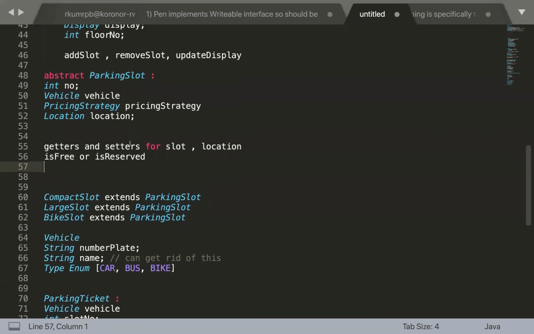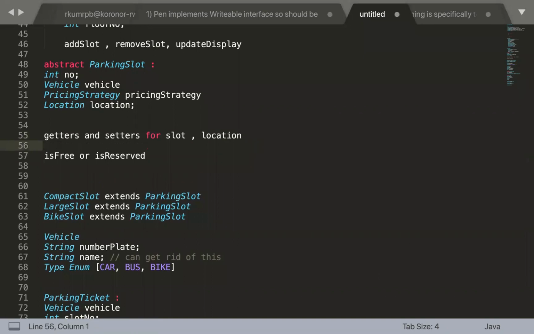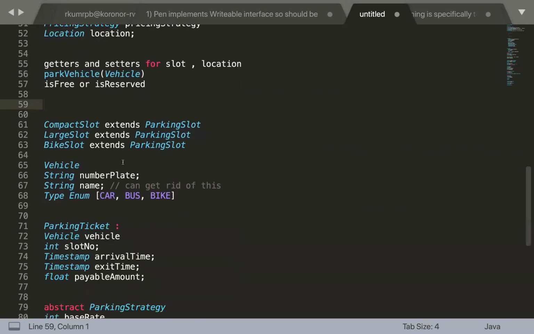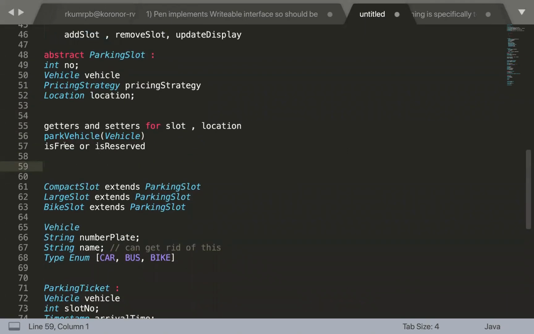And yeah, we can also add vehicle here, right? Correct. Park vehicle. Something like this, park vehicle, which will receive the vehicle. We'll talk about this park vehicle once again when we revisit this. But for now, let's keep the park vehicle, which will take a vehicle type of object. Which vehicle is going to be parked there? And if we are planning this is reserved or is free, then we can check whether this vehicle attribute is null or not. Based upon that, we can check, or we can keep some kind of a flag to denote that.